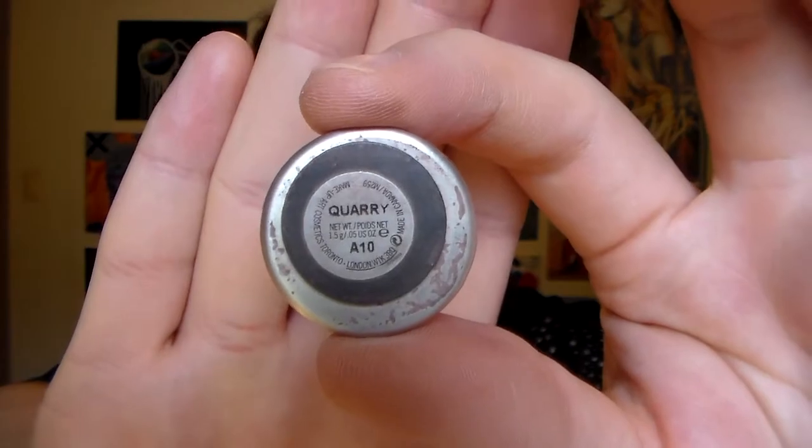So yeah, if you want to see how I did this really chill skeleton skull look to get into the Halloween spirit, stay tuned. Alright, so I'm starting off with foundation already applied, and I'm just going to go ahead